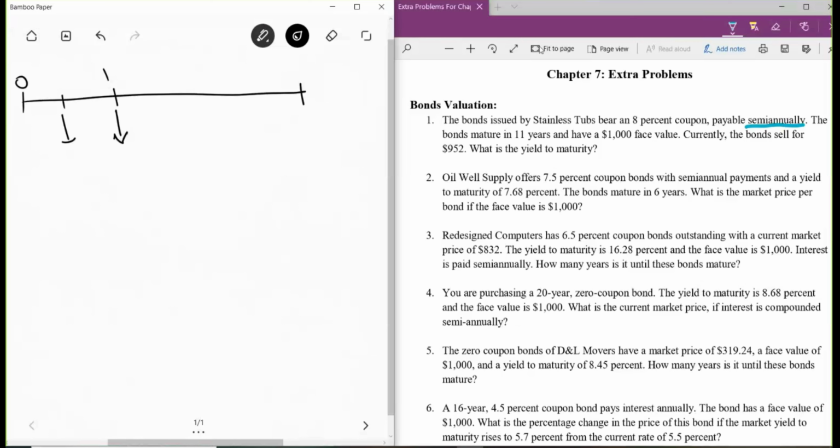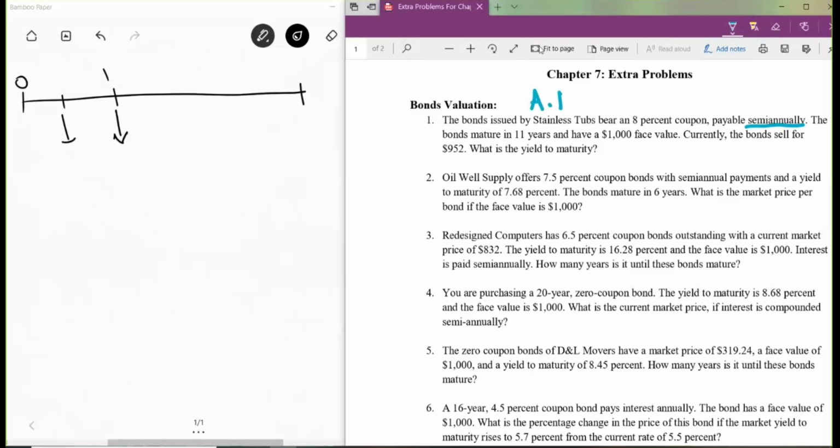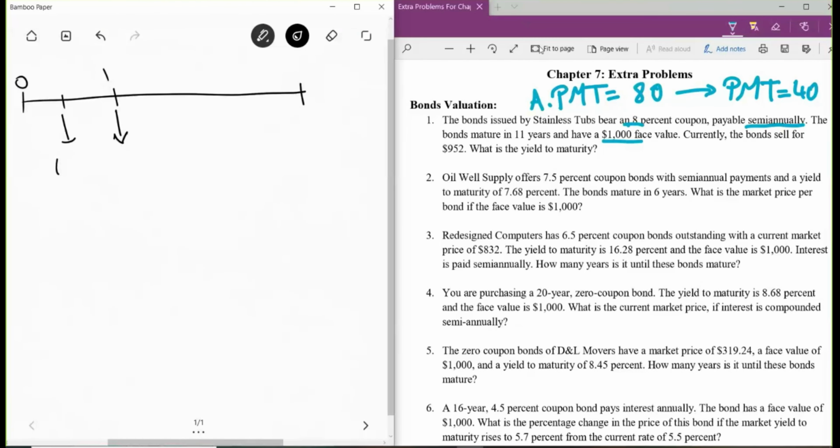Now the annual payment is equal to the coupon rate, 8%, times the face value of the bond. So the annual payment is $80. This means that the semi-annual payment is 80 divided by 2, $40. So here, $40 are paid each 6 months